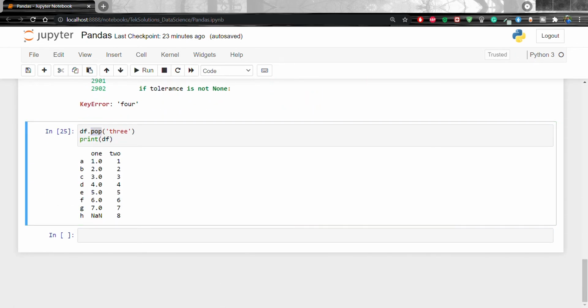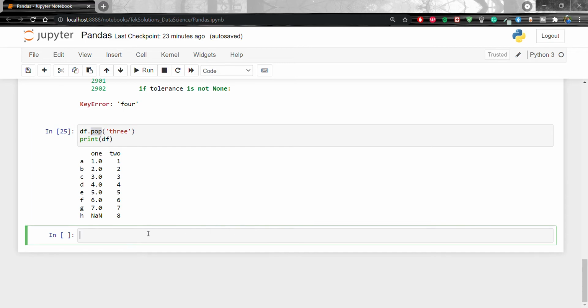Now I am going to show how we are going to select the row, how we are going to add the row, how we are going to delete the row. Okay, now I am going to show row selection, addition and deletion.